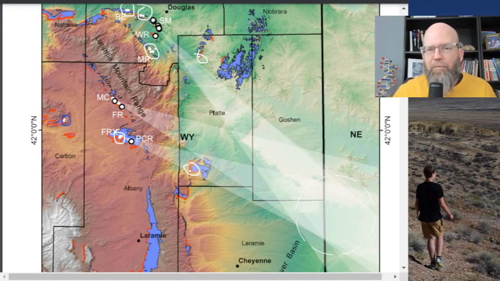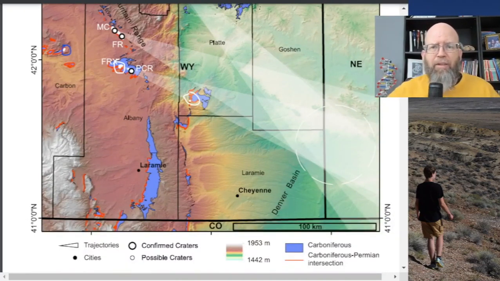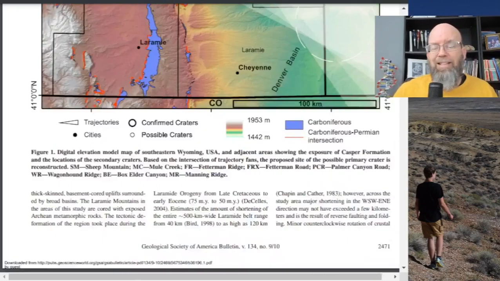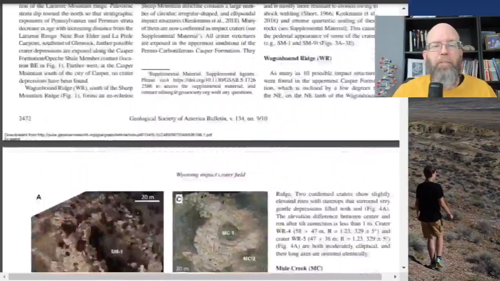But the sheer number of ones they found at different locations where this particular rock is available to them is pretty amazing, which suggests that it looks like there were probably hundreds of thousands of little tiny craters all around. And some of those are still buried today, and in the future they will be exposed. There may be some ways of using ground penetrating radar and so forth to look at places where we might guess we would find them and find some more. I don't think they'll do that because that costs money, and there's already enough evidence that that's what these are. We don't need to find more to confirm our hypothesis at this point, probably.